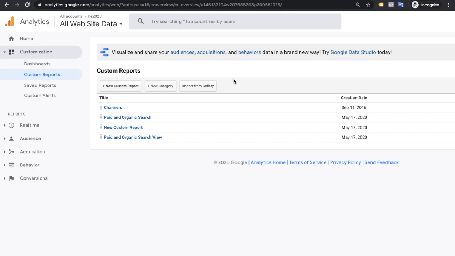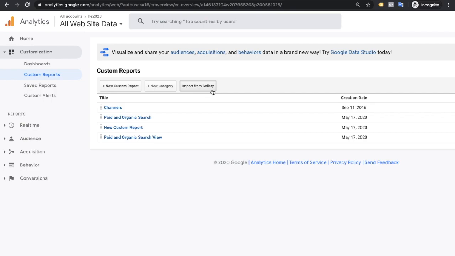Okay, and you will see three options. These are the basic options to start and to create a custom report: new custom report, new category, and import from gallery. Import from gallery means you can import a custom report directly from the Google gallery.